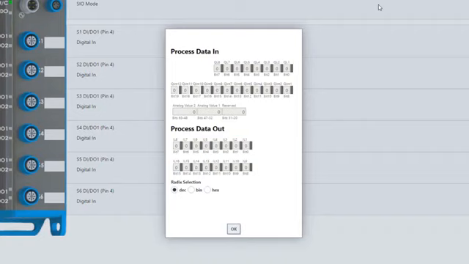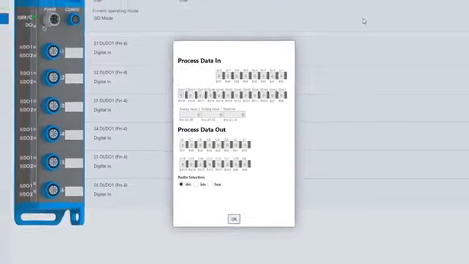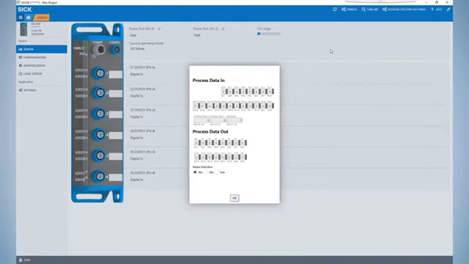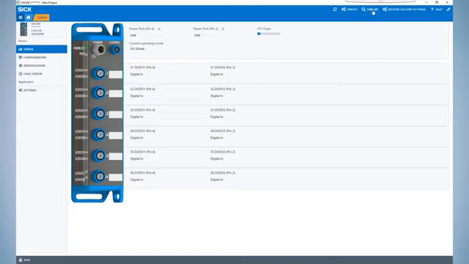When analog process data is selected, the SIG100 process data out will receive one analog integer value from the IO-Link master. For example, this may be a value for which a counter should be compared in the logic editor. Refer to the operating instructions for additional detail on the SIG100 process data structure.